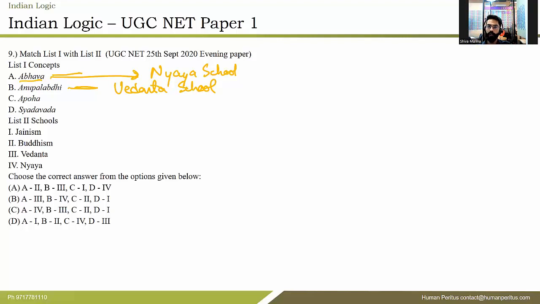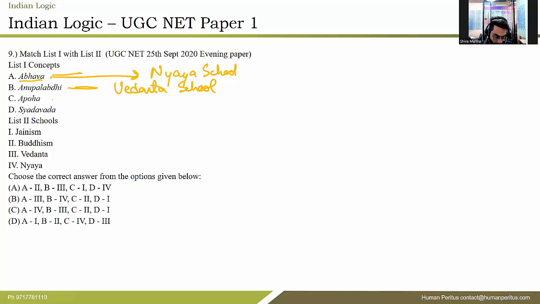You kept a particular book on your table and you went out somewhere. When you came back, somebody had removed that book from your table and now you're searching for it. So how will you search for that particular book? You will ask your family members whether they know where that book is. That particular form of knowledge is called anuplabdhi. Knowledge of something which was present in the past but isn't there in the present.